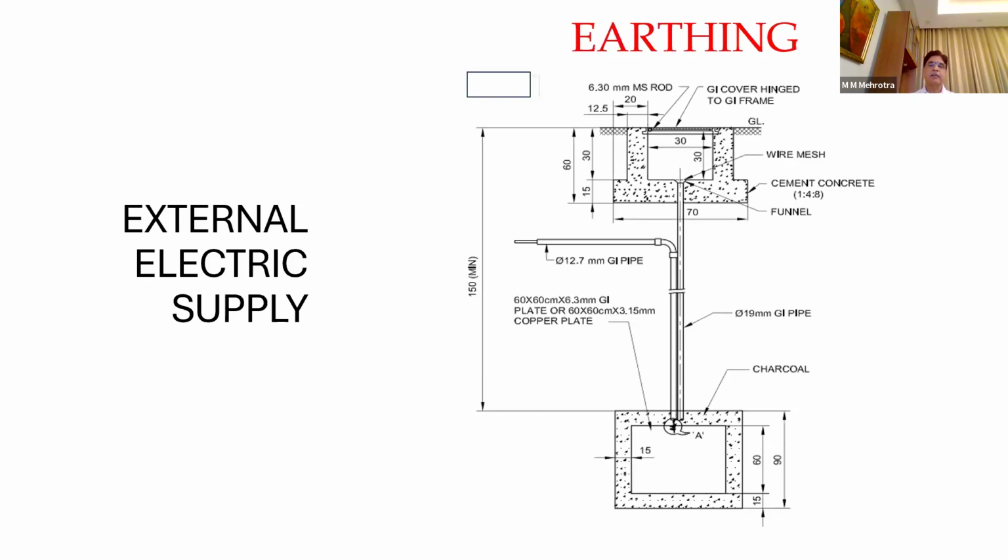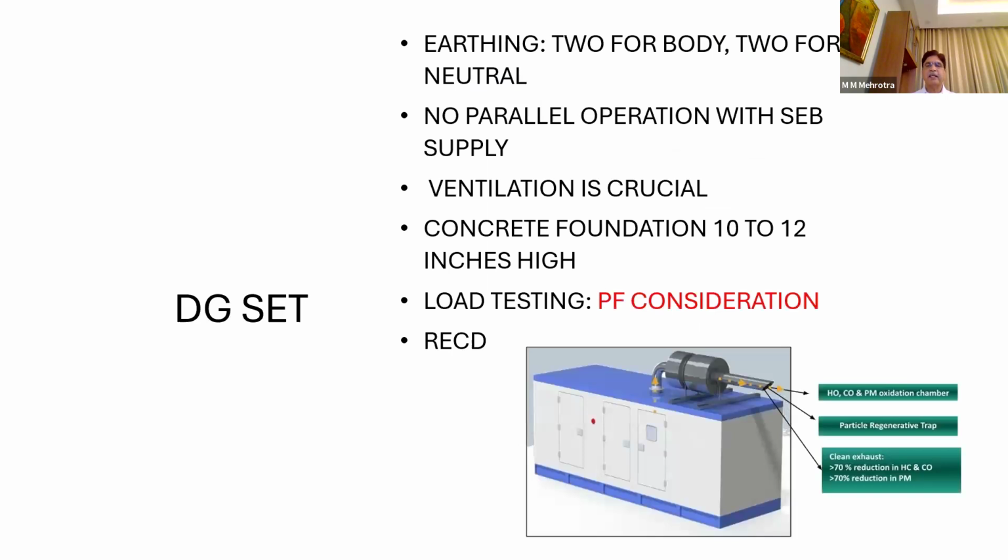So earthing is something buried in the ground. It is taking fault current into our mother earth, right? If it is not there, then this energy will go somewhere else. It may go into my body, it may go somewhere else where it will burn the thing or kill a person. So to divert that energy we need earthing. Now next, we have seen that photo of the DG set which is connected in parallel with that panel. Now, earthing I just mentioned. So, for the safety of the system, we need earthing.